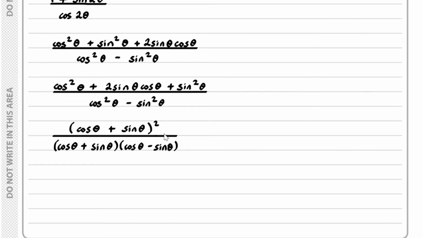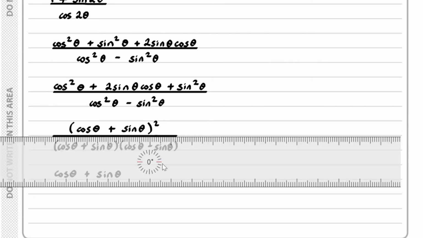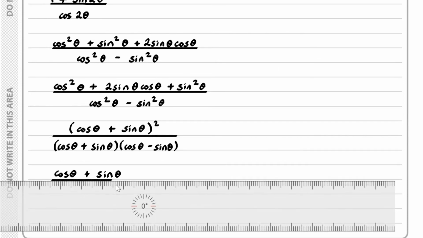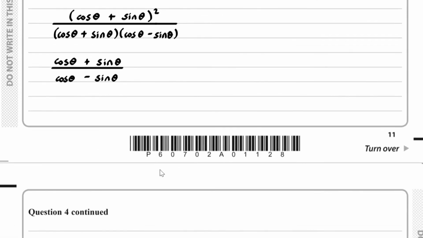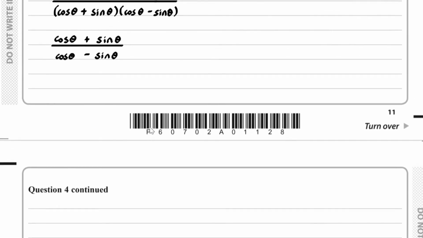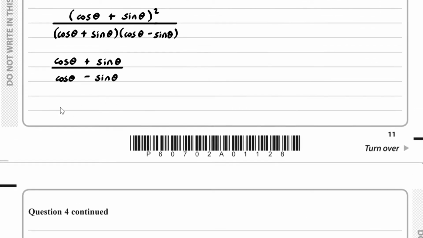And so the cos theta plus sine theta squared simplifies with the cos theta plus sine theta once. So I'm left with cos theta plus sine theta divided by cos theta minus sine theta. And what we can do now is divide the top and bottom by cos. So if I do that, we have